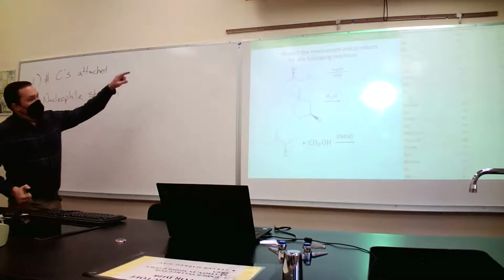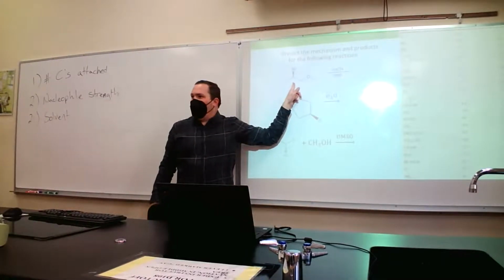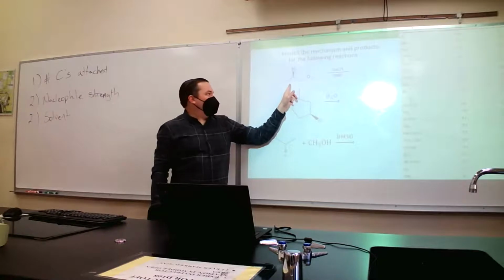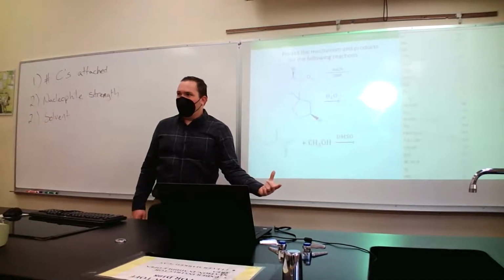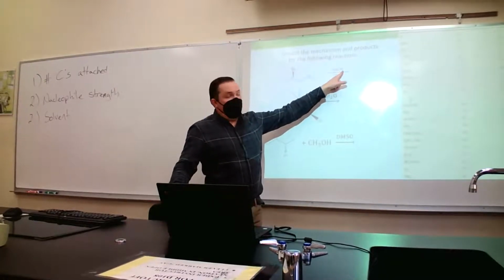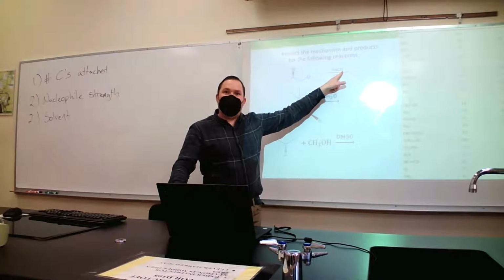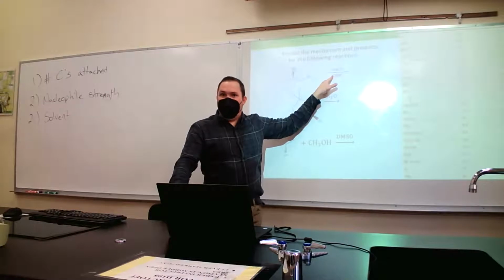All right, so if it's a secondary carbon, that means we can't rely just on one, because secondary carbons can go through SN1 or SN2. So now we're down to looking at how strong is my nucleophile and what's my solvent? In this case, cyanide is a pretty good nucleophile. It still could go SN1 or SN2, except for the fact that solvent is sort of our deciding factor